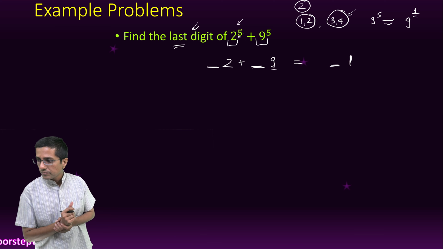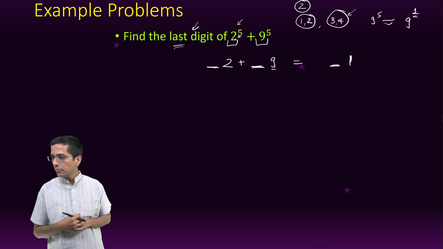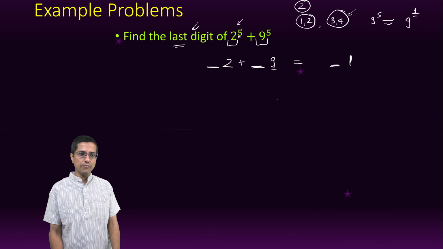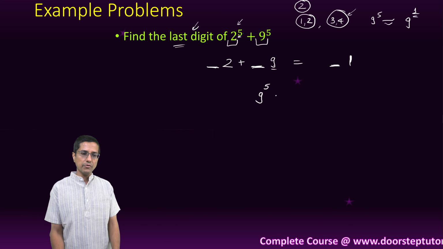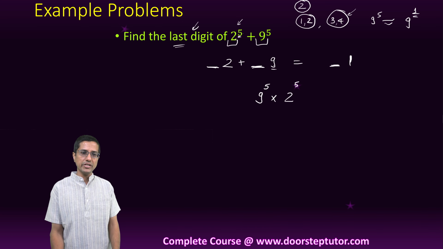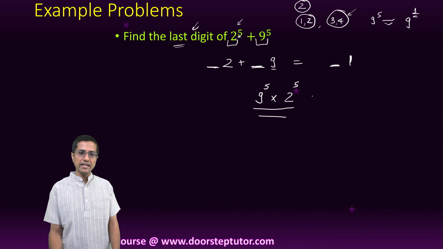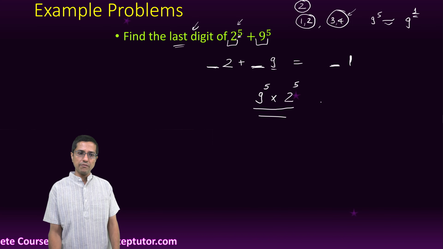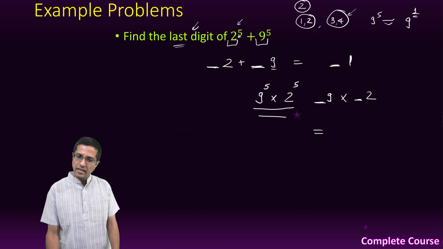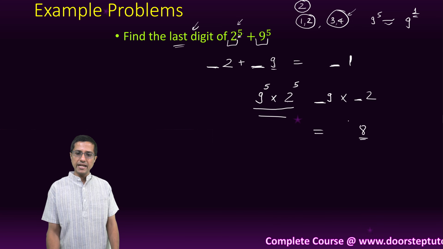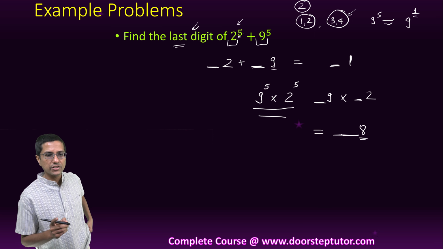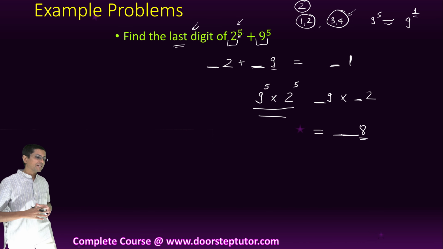Now from here, another thing that we can do is find the last digit of a multiplication. If you have been asked the last digit of the multiplication of these two numbers, we can even find that. We know that the last digit of 9 raised to power 5 is 9, and the last digit of 2 raised to power 5 is 2. If you multiply them together, the last digit would definitely be 8. We are not even worried about the rest of the number. So not only can we find the last digits of the